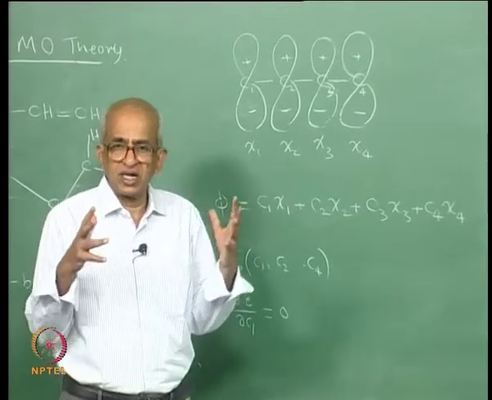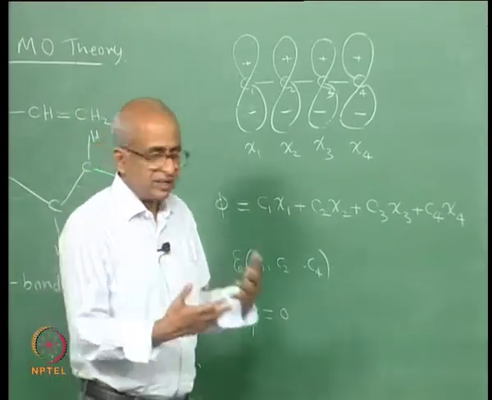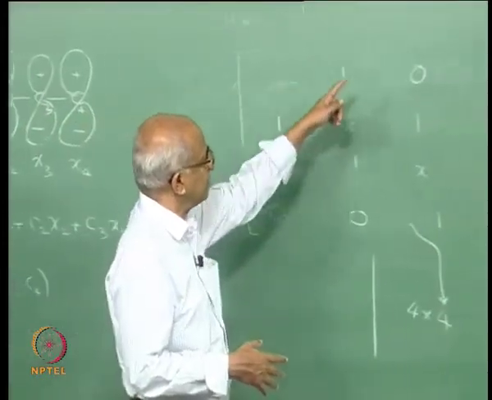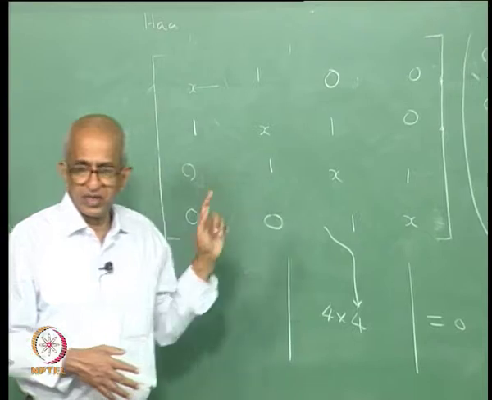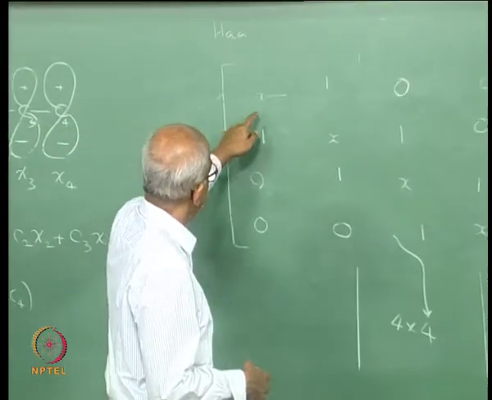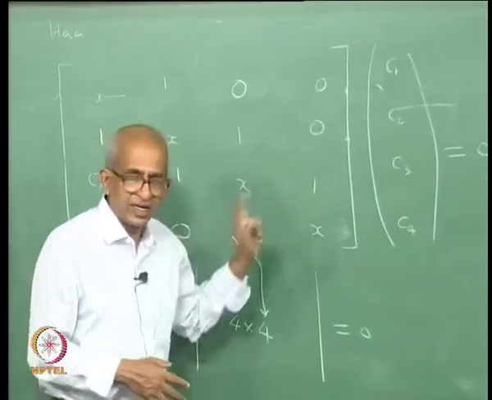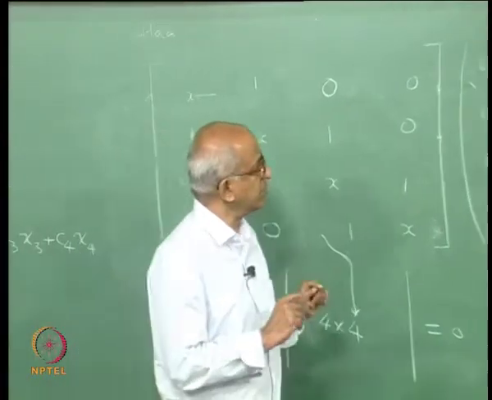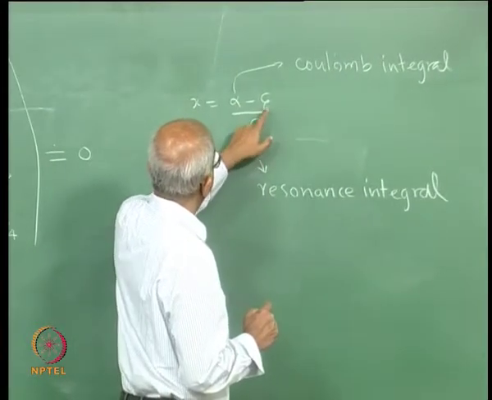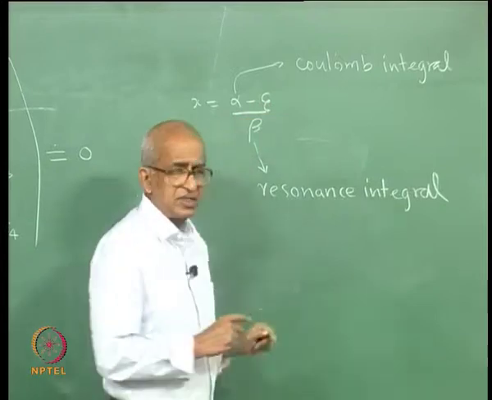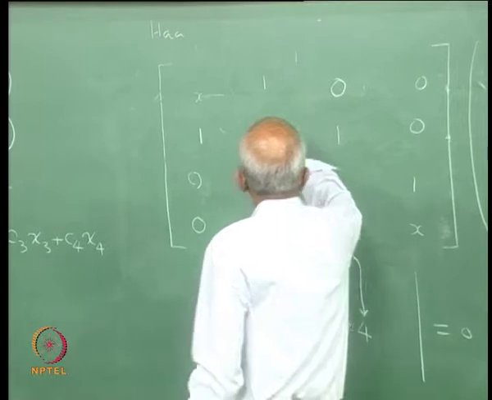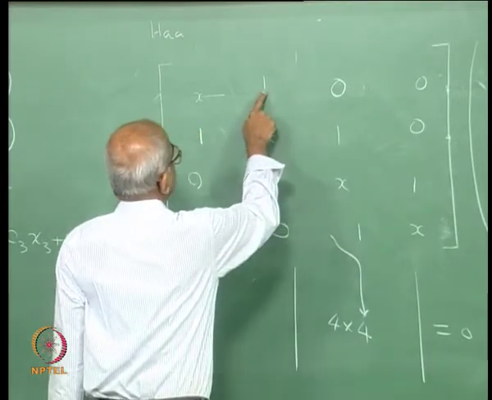Those 4 equations can be written or rewritten after making several approximations. They may be written in this form. Okay. And if you look at this matrix equation, what you find is that there is x always along the diagonal and nowhere else x is there. What is x? X is actually alpha minus script T divided by beta, and script T is the thing that you want to determine. And further, you also notice that the matrix is nice. For example, there is a 1 here.